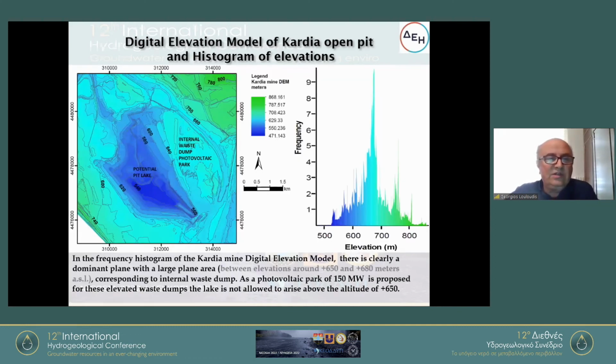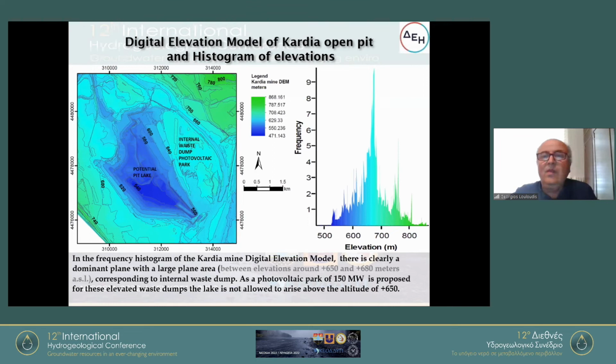In the frequency histogram of Kardia mine digital elevation model, there is clearly a dominant place with a large plain area corresponding to the internal waste dump. As a photovoltaic park of 150 megawatts is proposed for these elevated waste dumps, the lake is not allowed to arise above the altitude of